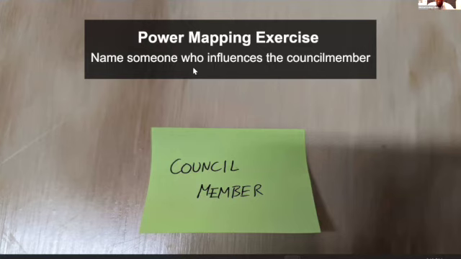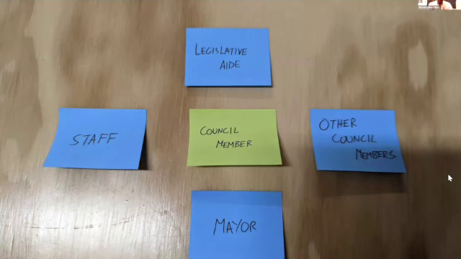Okay, neighborhood association of their council members. Yep, they're all good. They could be influenced by their families. Good point, Rebecca. Yeah, excellent. Okay, so we have a few ideas here. Okay, so here are a few individuals and groups that could influence Councilmember Green in his decision making. So the folks I have in blue may be different from what you wrote, and that's perfectly fine.